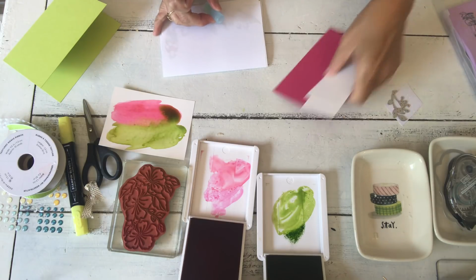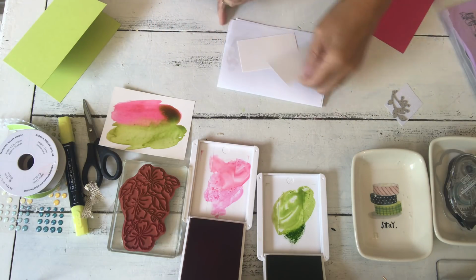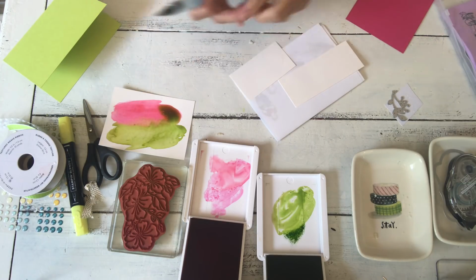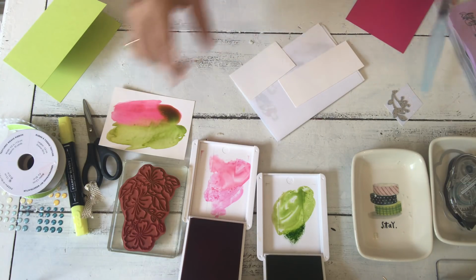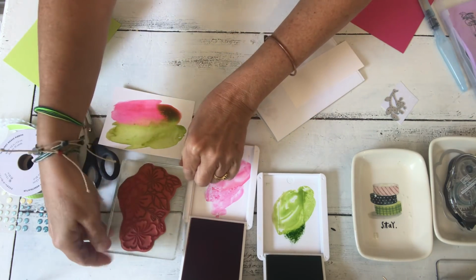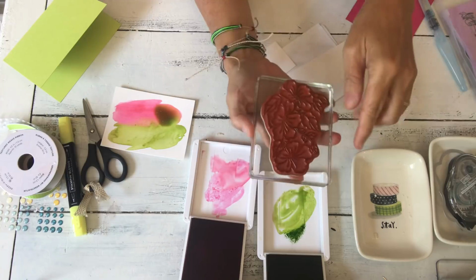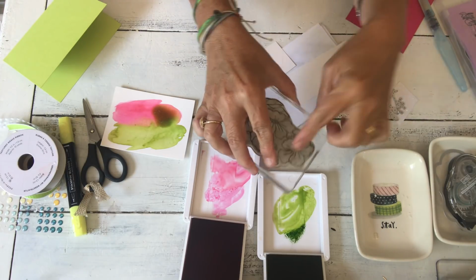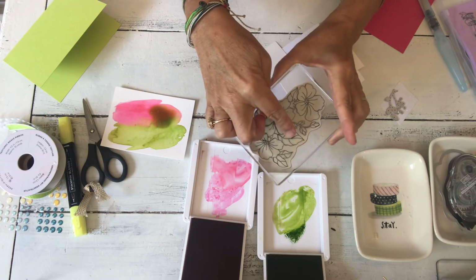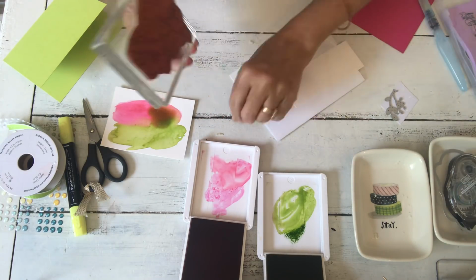And I have some scrap pieces of my shimmer cardstock. And this is all because when you cut those down, you end up with lots of little pieces. And this is just too beautiful to throw away. So on my flower, I want this flower here to be pink. And then I want some of these leaves down here to be green. So I just need little offcuts of my...